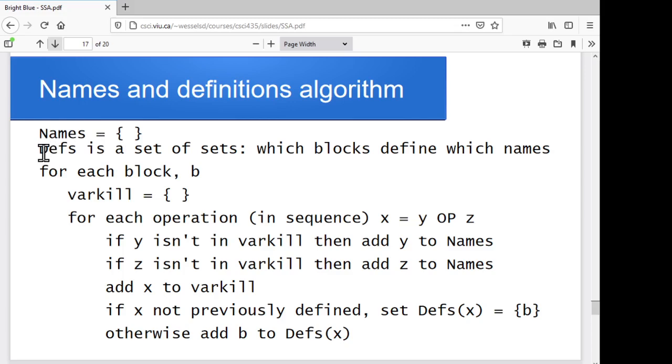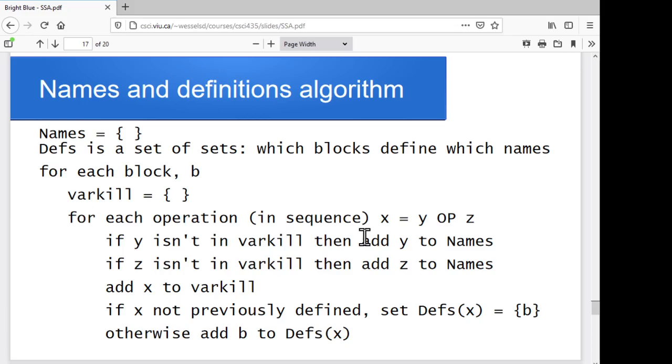Defs(I) will be the set of all of the blocks that define I. We'll just expand this as we need to, adding new I's to it and adding new blocks to the set for I. So we'll go through each of the blocks in sequence and identify which things are killed in that block,